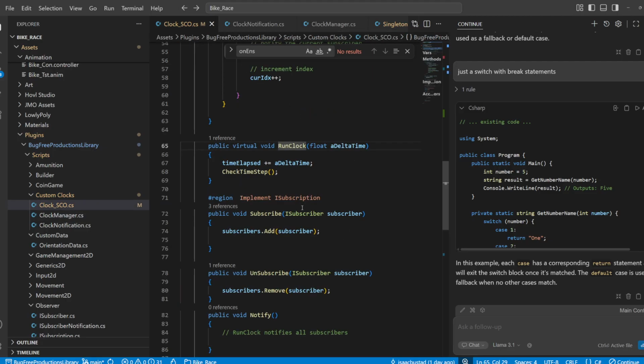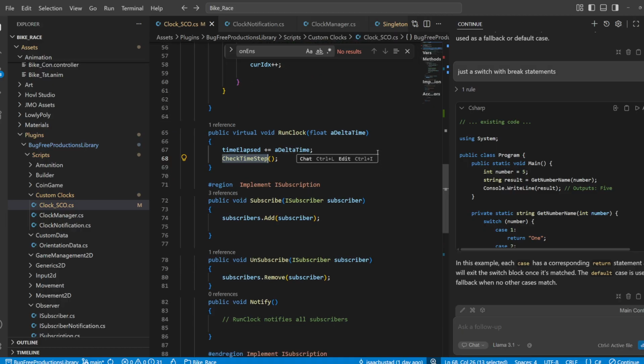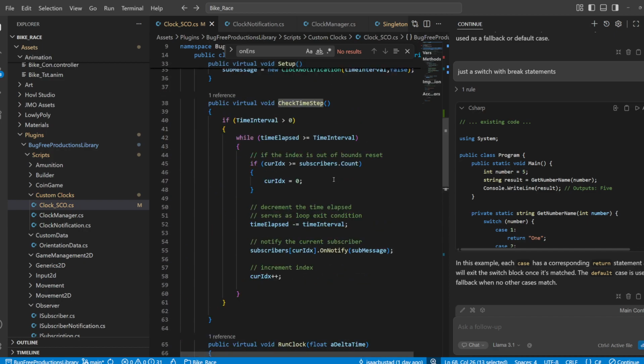When we run this clock, we add to time elapsed the delta time, and then we check time step. CheckTimeStep is meant to be our action here. So what's our action do? We check time interval, and if time interval is greater than 0, while the time elapsed is greater than or equal to the time interval,